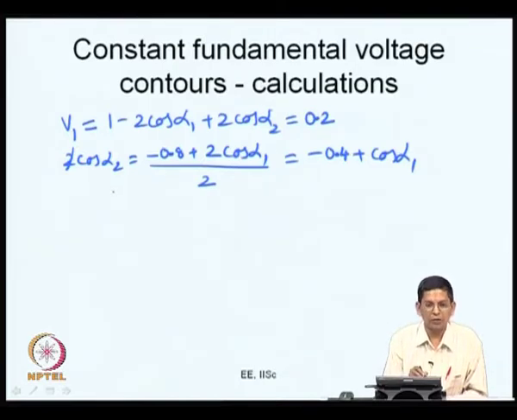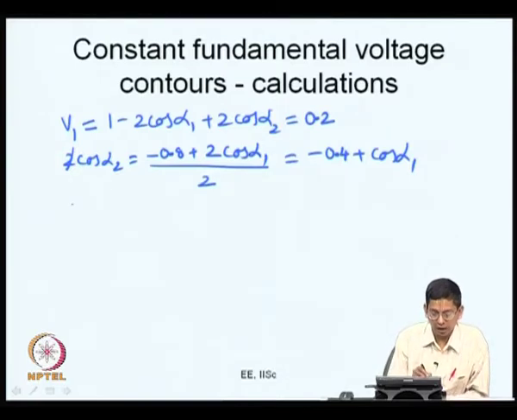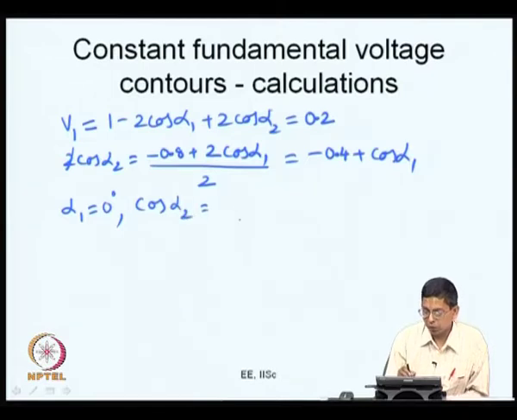So, you plug in different values of alpha 1, you can get the corresponding values of cos alpha 2 and alpha 2, right. So, you can go about doing that. If you do that exercise, you can start with, for example, alpha 1 is equal to 0 degree. If you say alpha 1 is equal to 0 degree, it is easy to see cos alpha 2 is equal to